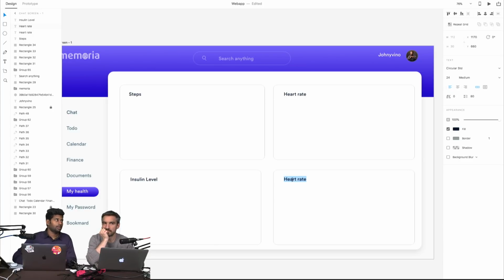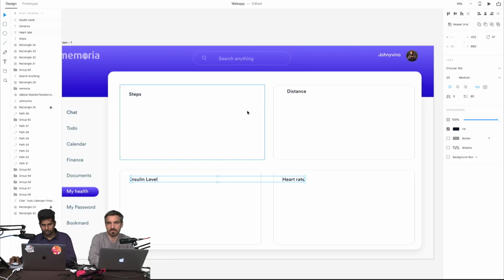What are things we need? How many steps I walked? Blood pressure for the stress. Distance, we forgot. Okay, we can make the distance here because it's related to the steps. This is somewhat biological. The above two things are steps and distance.